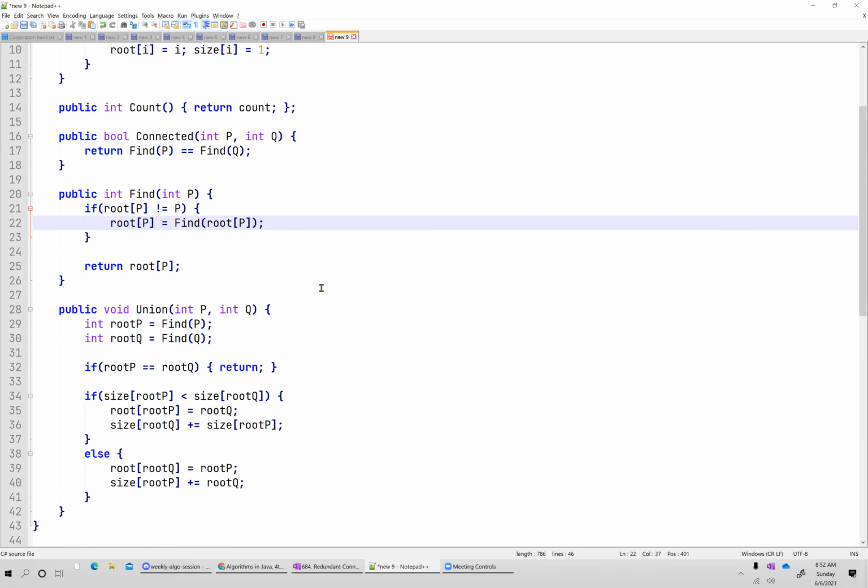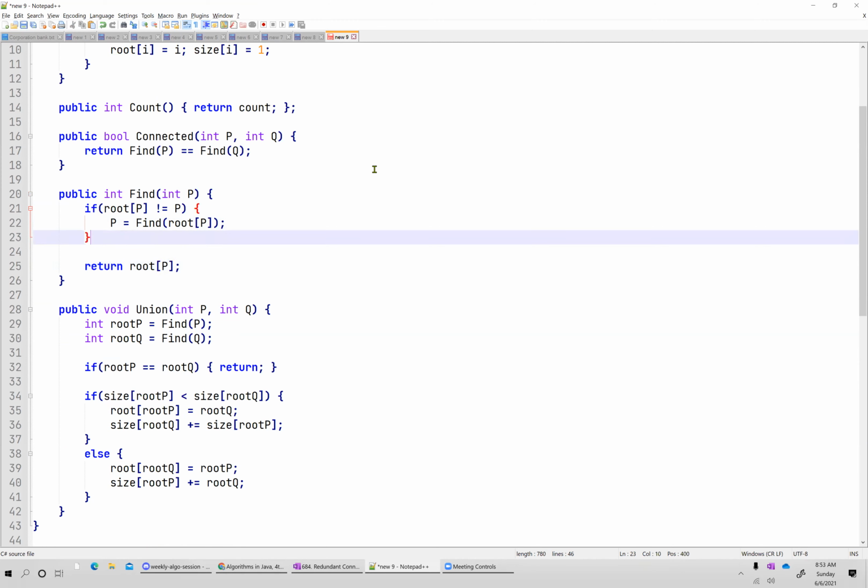If there is a hurry, we can just do it in brute force and just mention rank and path compression. Return root P, and directly do this: P equals find root P, and keep doing this. And then mainly the rank operation, the size operation. You might not keep a size in our DSU class.